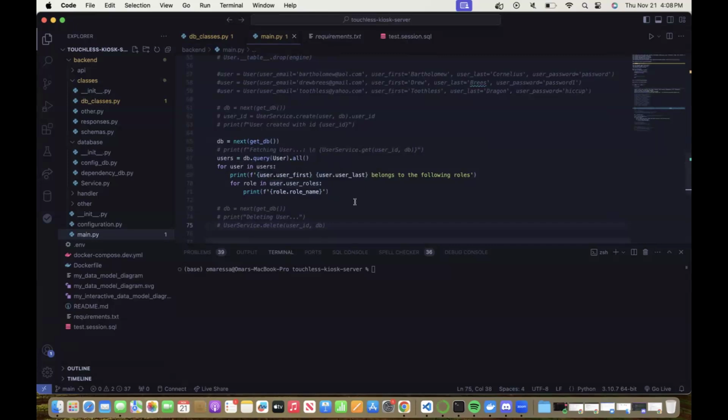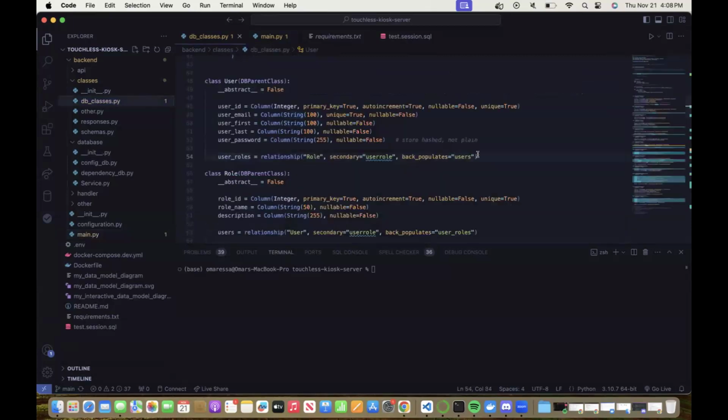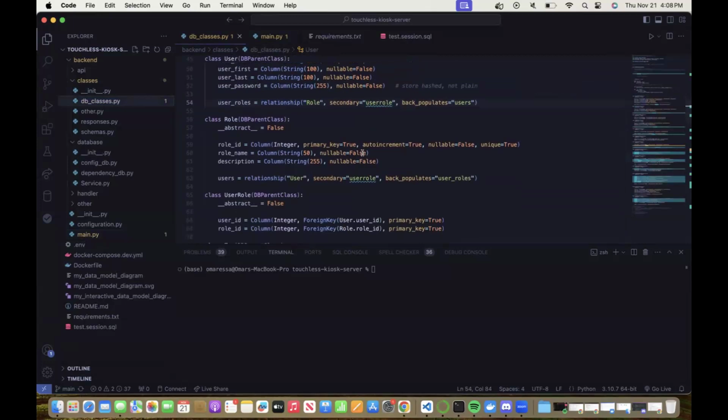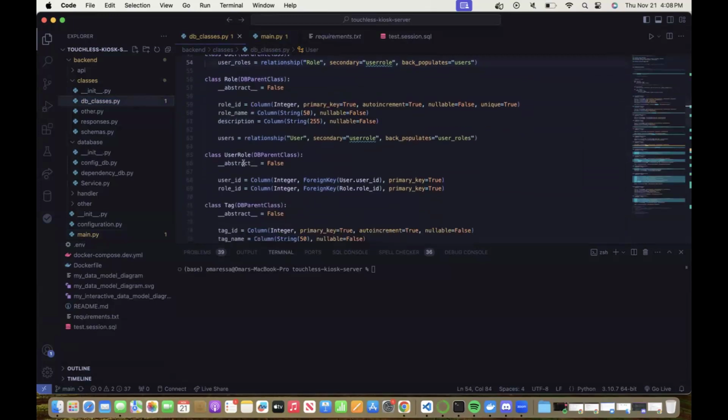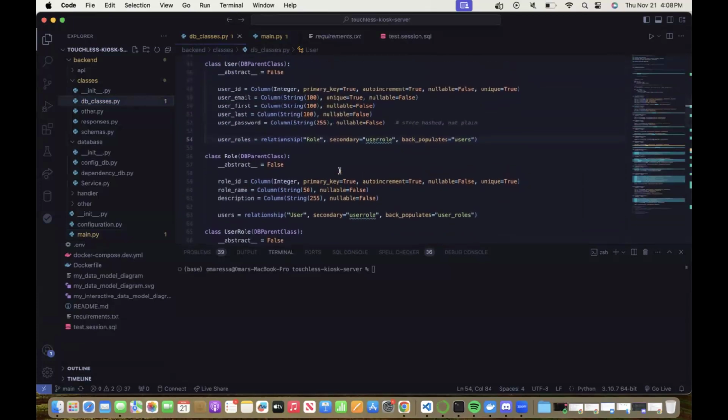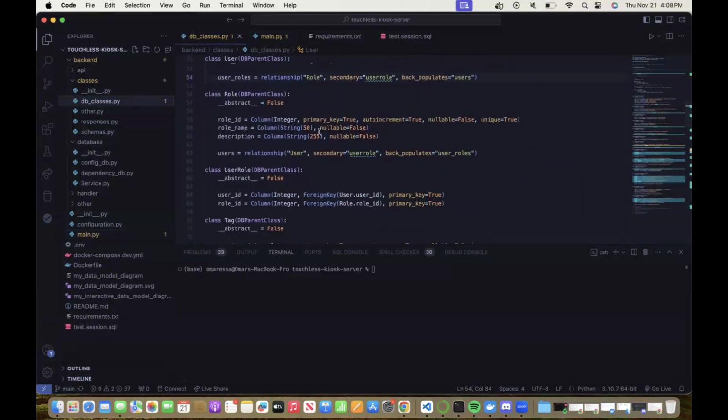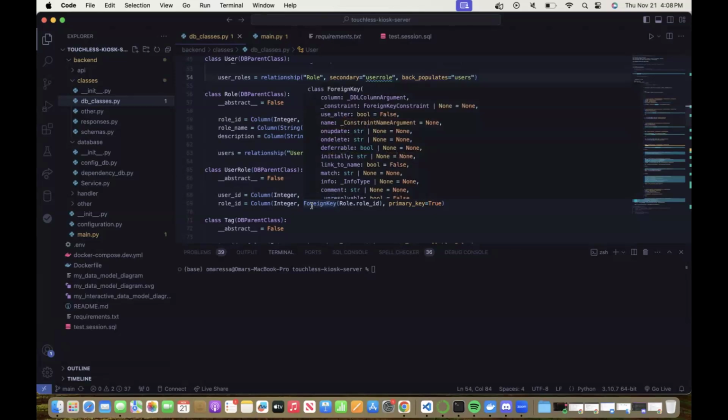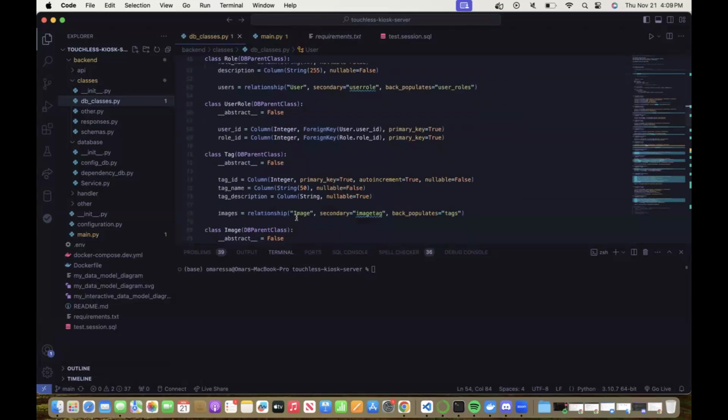But we're able to get the connected information between the two just because we have these connections or these relationships. So then we have role, which lists out all the roles with their IDs and names and descriptions. And then there's user role, which is really what connects the users and the roles. So you just take the user ID, basically the primary key of the user, and then the primary key of the role, which is the role ID, you put them together. And so basically whenever you have that user, it's connected to that role, or the other way around,